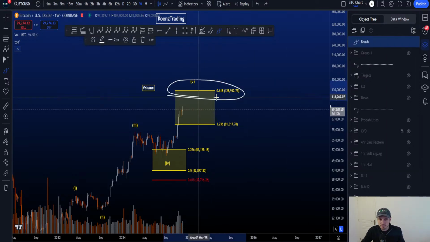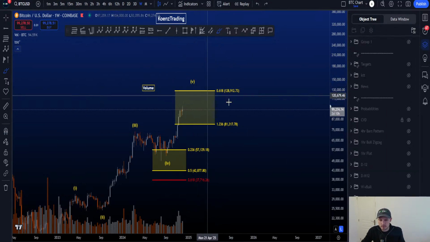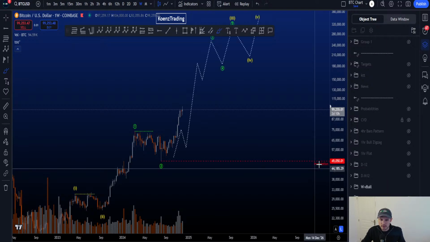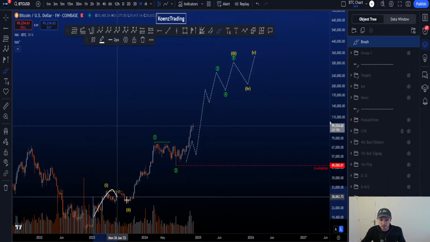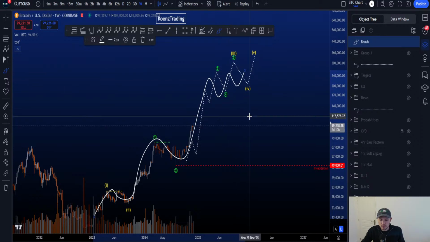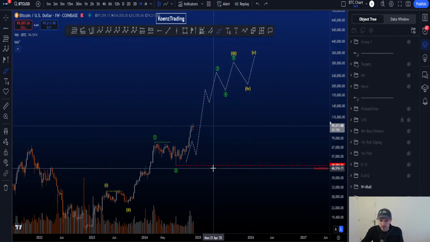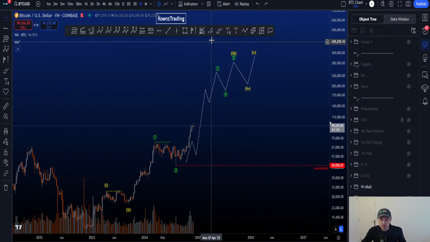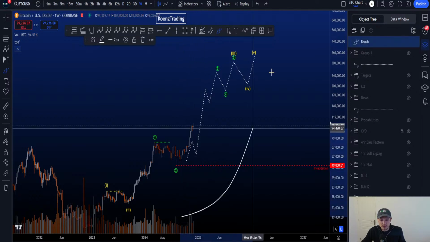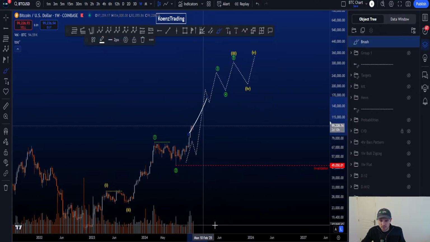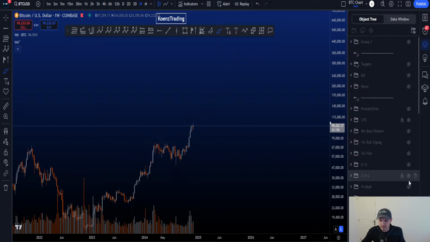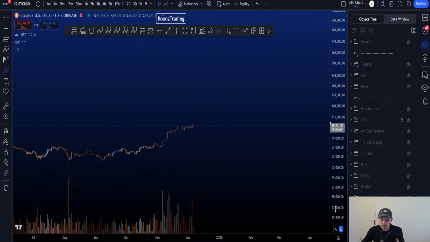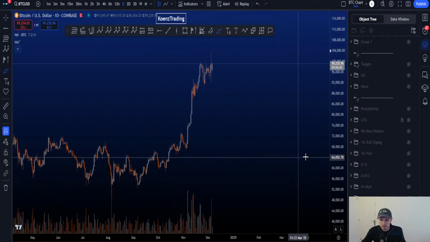Second, if you just smash this target and move above, like far above it, then we can also talk about the potential, at least, for a bigger impulse, 1, 2, 1, 2, 3, and then 4, 5, 4, 5, right? So you're going to have higher targets. And for this to increase in probabilities, you actually want volume to increase with price moving up, which at the moment is not yet the case. But nonetheless, we are still looking for higher prices.